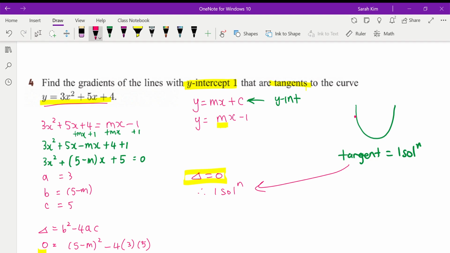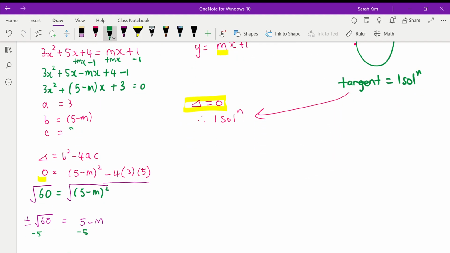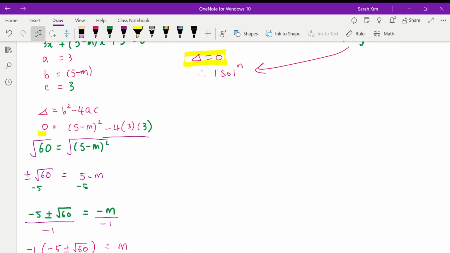Sorry, this really should have been positive because the y-intercept is 1, so I'm going to go back and change it. Let's see if we can edit it together. Because I changed this to a plus, this should have been a minus. Because I've written nice neat working out, I was able to go back and change everything pretty easily. 4 take 1 is 3, so change that to 3. Change that to 3. So let's change that number to 12 times 3, which is 36, which is an easy number, 6, and then